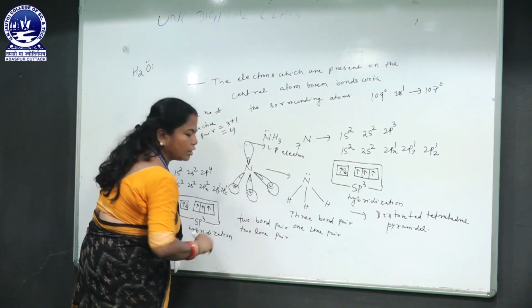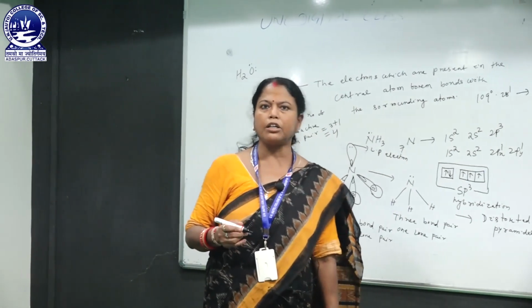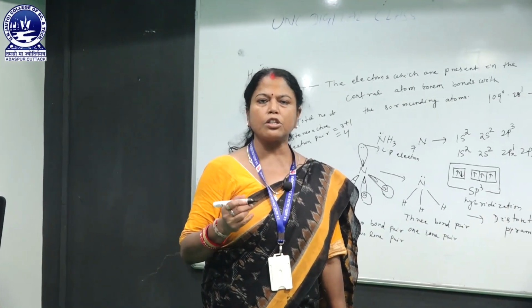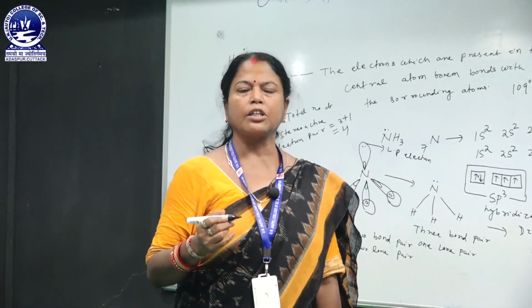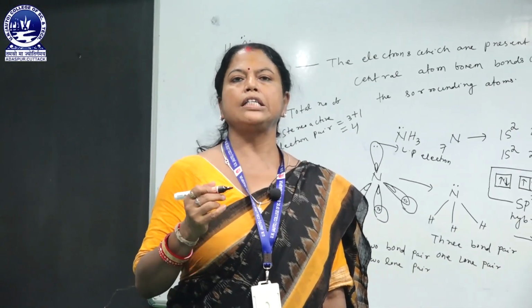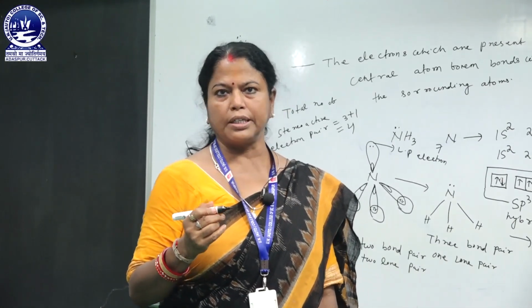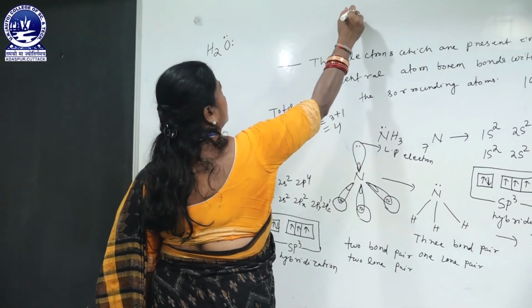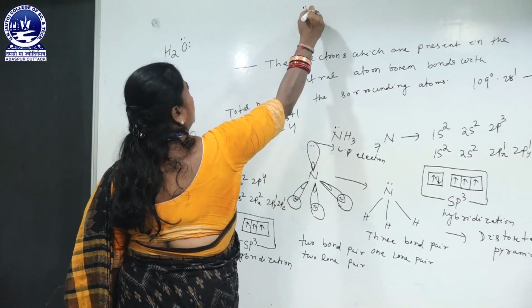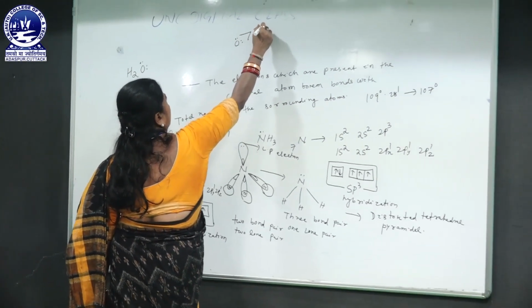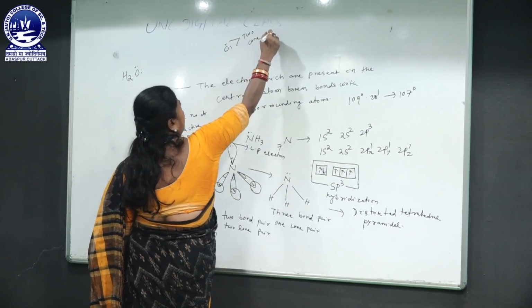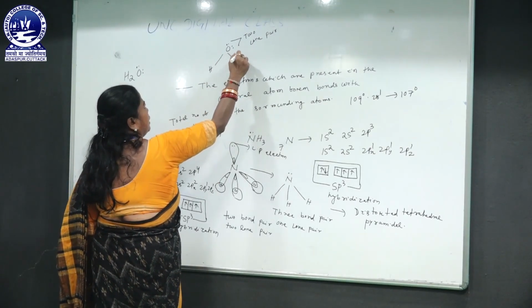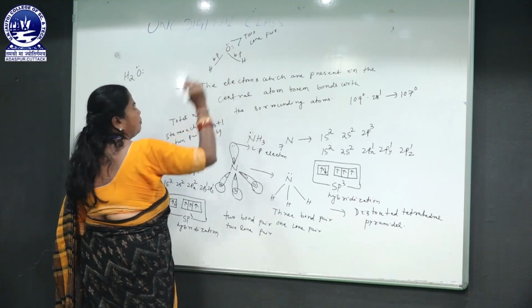So these electron pairs, that is the stereoactive electron pairs, determine the structure of the water molecule. So what is the structure of the water molecule? That is bent or V-shaped or distorted tetrahedral geometry. So let us see how the structure of the water molecule is. This is the structure of the water molecule. 2 lone pair electrons are present and here are 2 bond pairs. This is BP, bond pair, this is LP, lone pair.